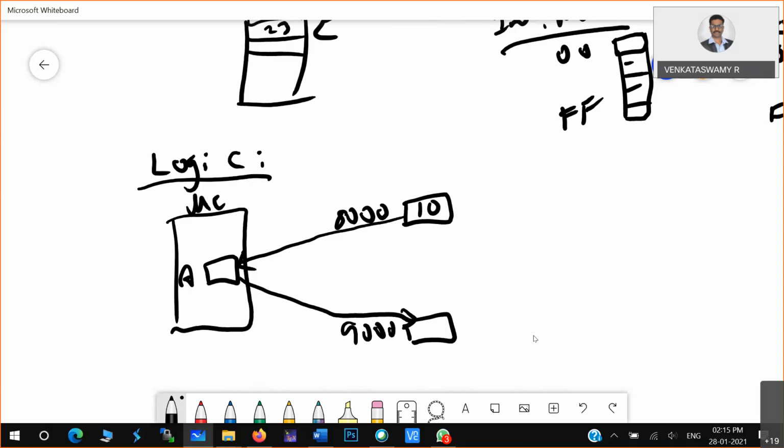Then what happened? The 10 came to this particular memory location. What are these 8,000 and 9,000? This is basically the data pointer, DPTR. Initially you make the DPTR 8,000, then copy that data, then make the DPTR 9,000 and store that data to the 9,000 memory location. So: make DPTR 8,000, copy 10 to the accumulator, then make DPTR 9,000, and store the accumulator content to that specific address.